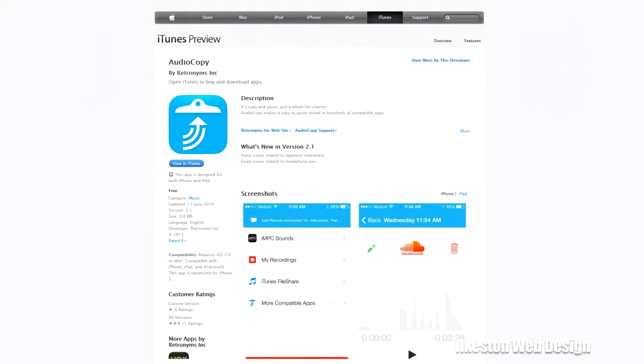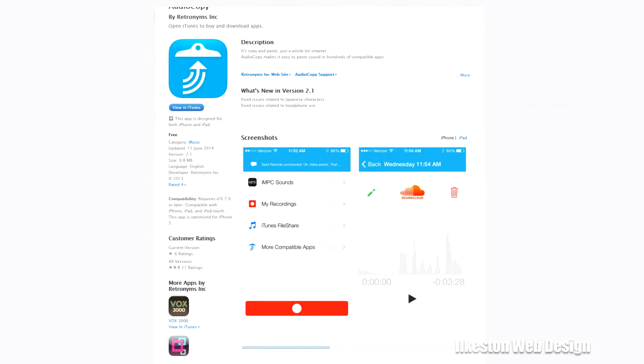So what you need in order to record directly into SoundCloud is something called Audio Copy, which you can also get in the iTunes store, the Apple Store. That's also free. You need to have that, and that has to work with SoundCloud. It's pretty easy. And if you're watching the YouTube video version of this podcast, I'm actually briefly going to switch over